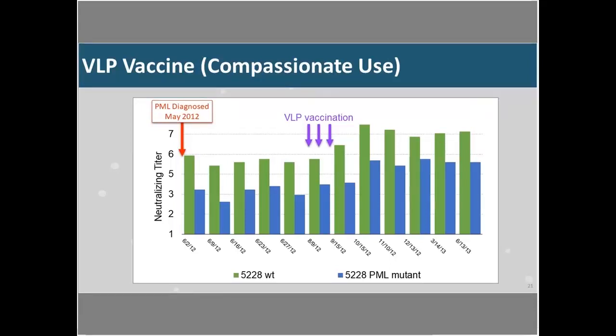You can see that after vaccination, her titers spiked up for both of the viruses, and don't be fooled by this log scale here. Her titer went to 25 million. We think this is the record for the highest antiviral neutralizing titer ever observed in a human subject. It almost defies the laws of mass action, and this again is a 75-year-old woman who is CD4 T cell deficient. So this again just reinforces the point that these VLPs are incredibly potent vaccine immunogens,